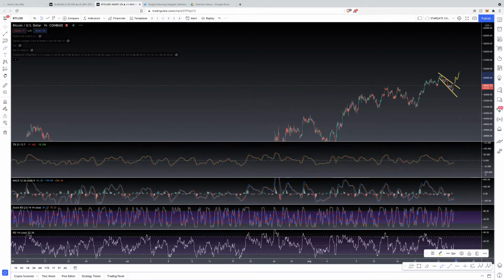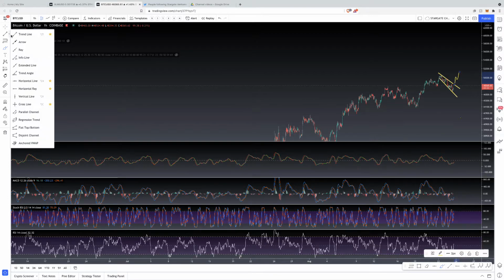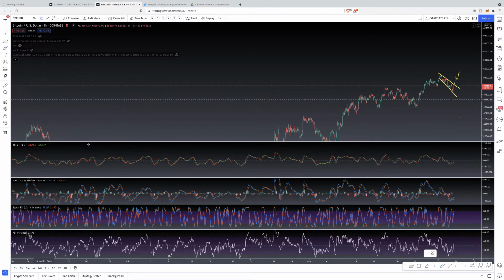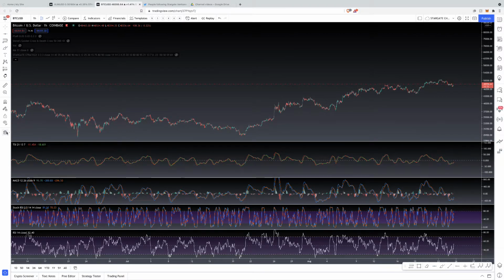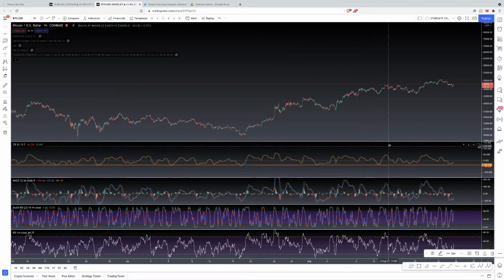Then we can pull down to the TSI down here and see that every time we've gone to this level, it's been a bottom. So right here, when it touched this -40 level on the TSI, it was the bottom right there. When it touched down here, it was kind of like a bottom. When it touched there, it was a bottom. And now we're hitting it right now, and it's looking like it's starting to be a bottom on the